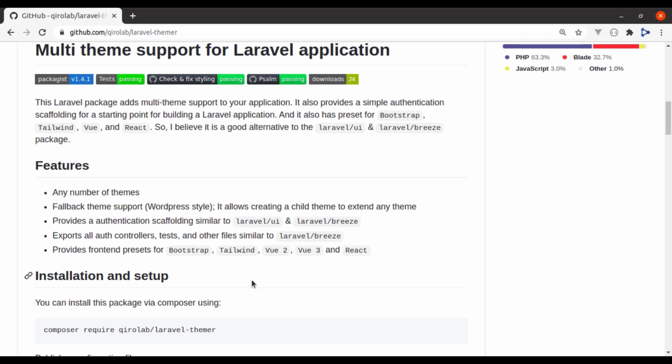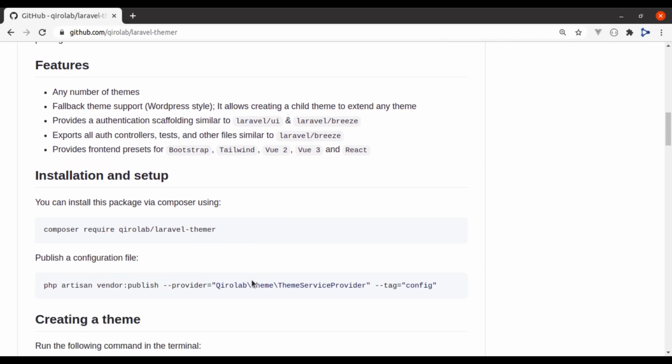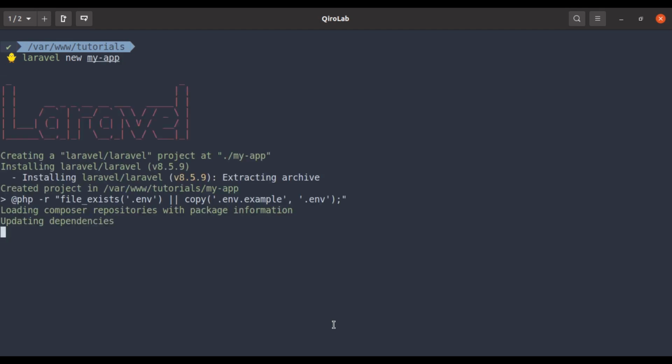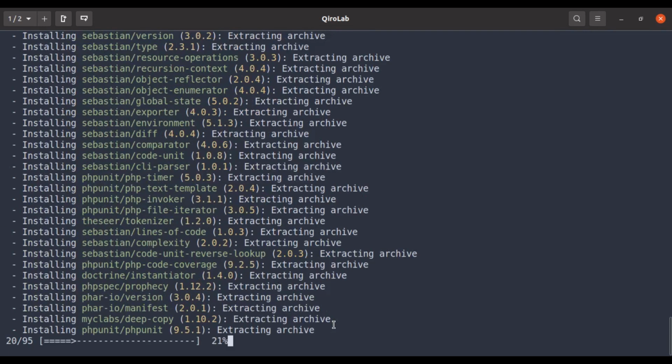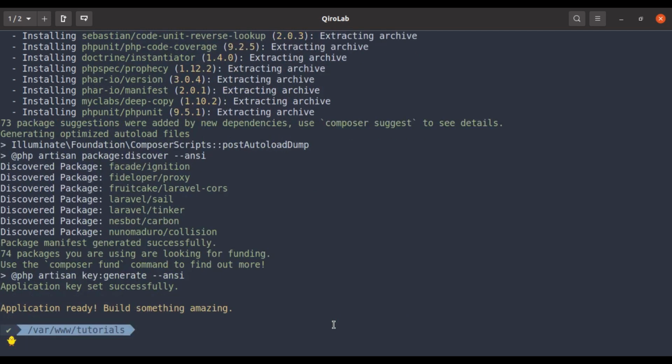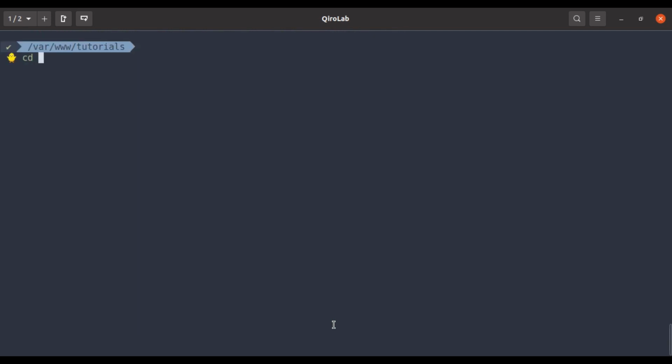Now let's try this package. First we need to create a new Laravel app. So in the terminal, laravel new, let's say the app name is my-app. Now the new app is created. So cd my-app.